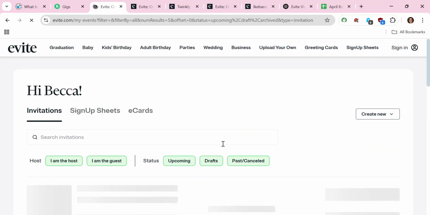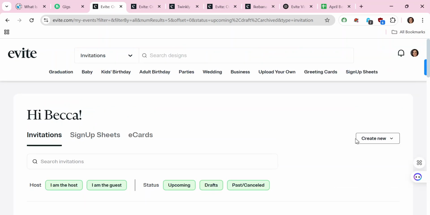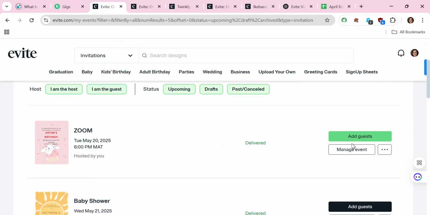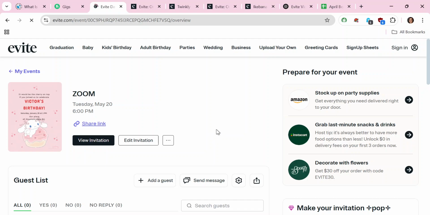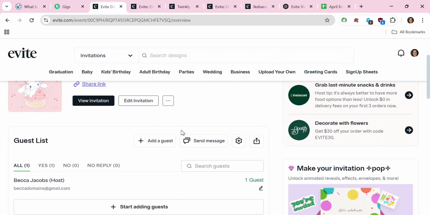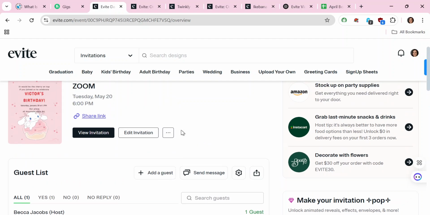Then the next step would be for you to click or select the manage option here. So once you select, just scroll down and choose manage events. Click on manage events. It should take you to a different page where you can actually manage or edit the details of your events. So from here,